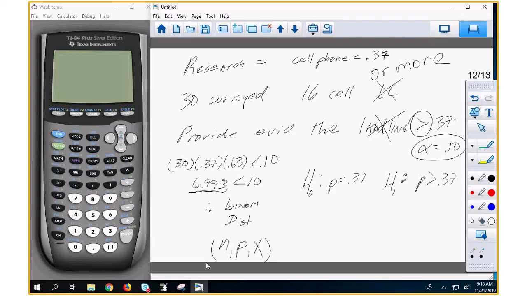So, what do you got to do? You got to do npx, np16, np15...